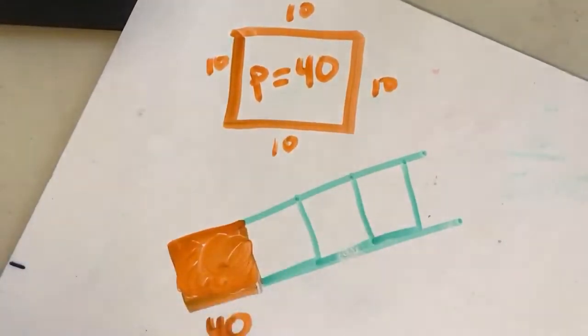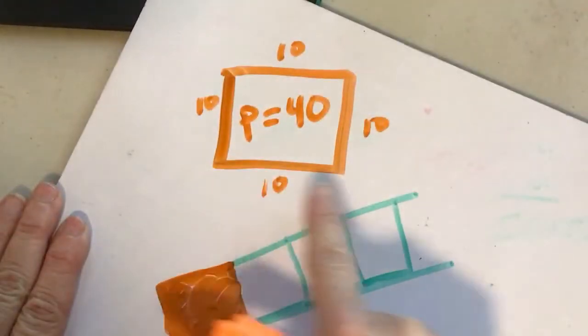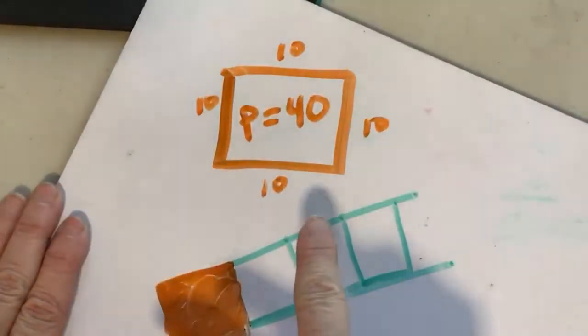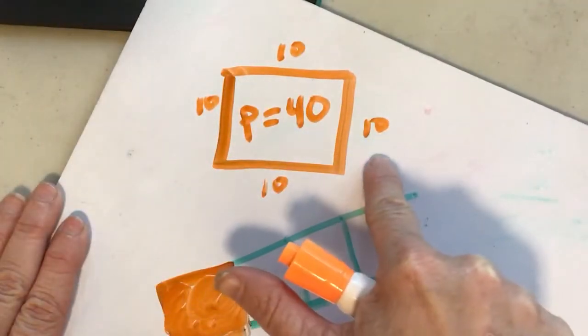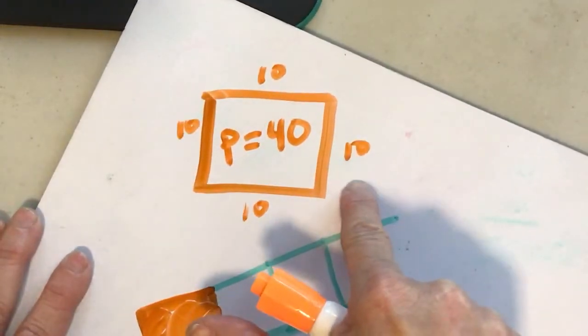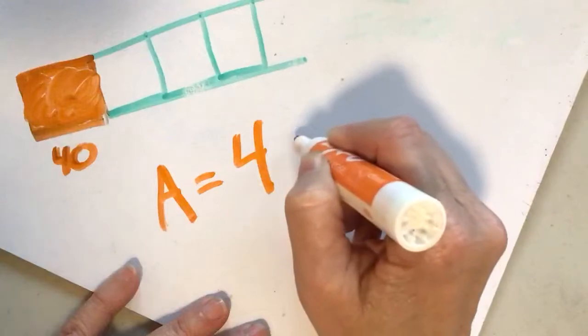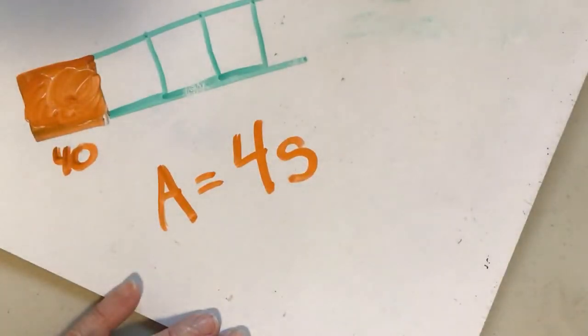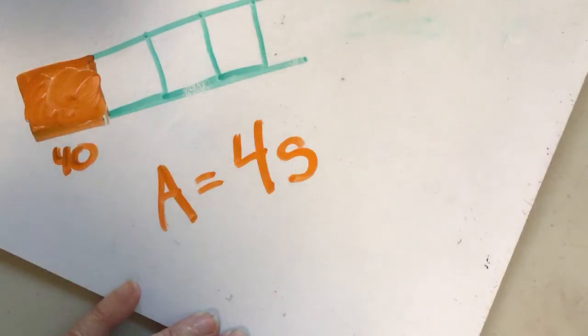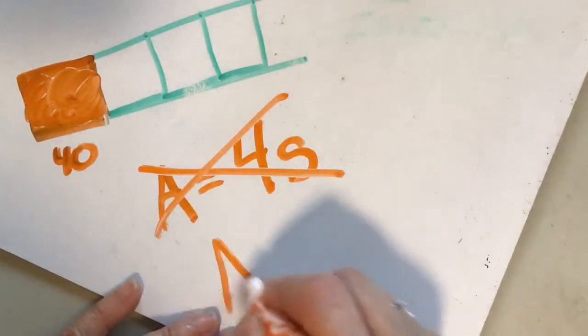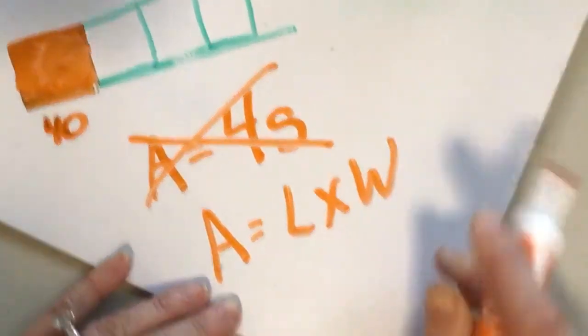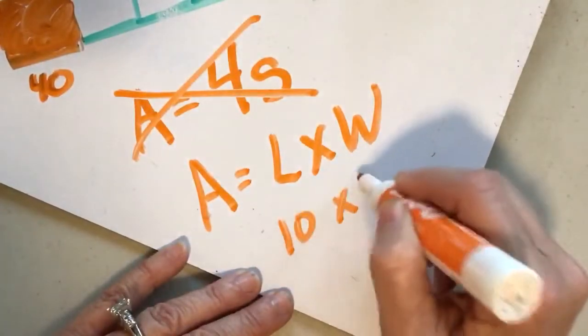Okay, so what I had to do first is figure out, okay, what is each side if the perimeter is 40? Each side is 10. Well, now that I know that each side is 10, I can find my area, okay? Because my area of a square is just 4 times whatever that side is. And the side was 10, okay? Length times width, 10 times 10, sorry. That's not area, that's perimeter. Area is the length times the width. All right, which is 10 times 10,